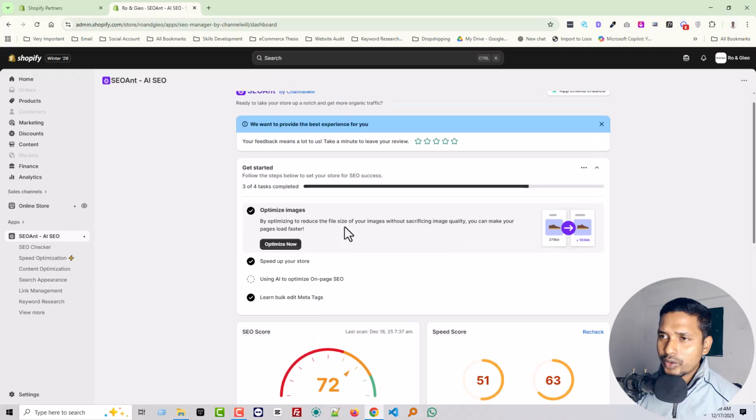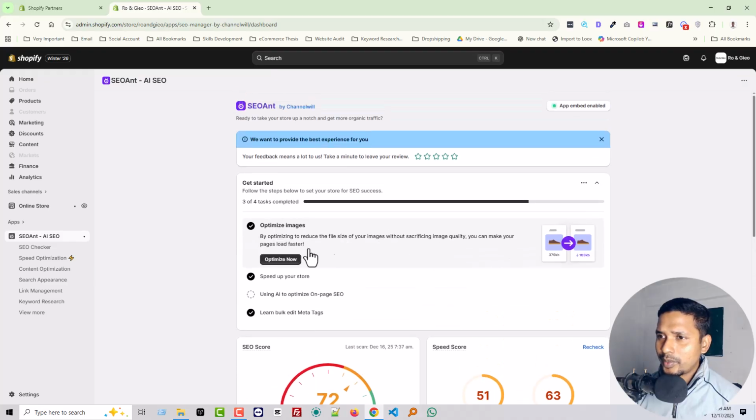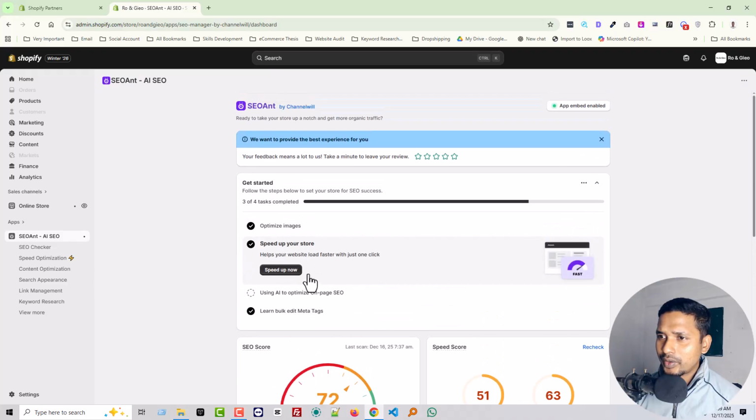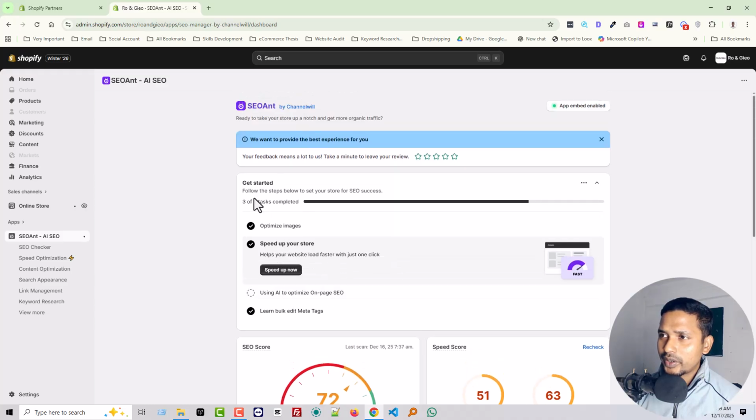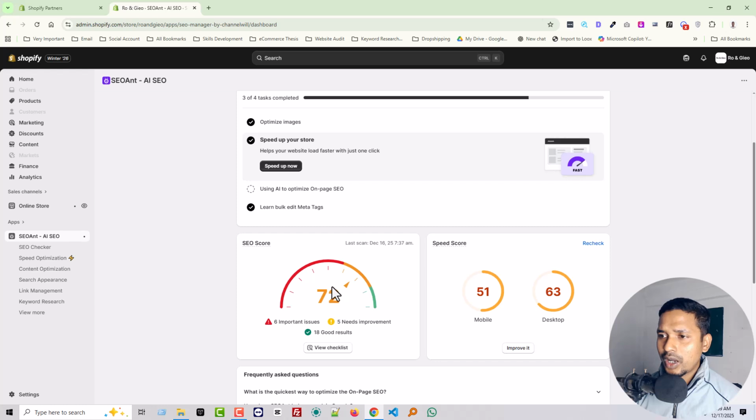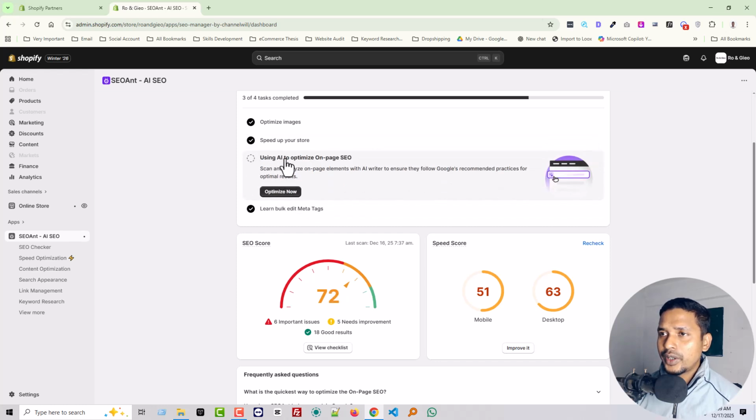So what we are going to do, optimize images. We have already optimized images, sped up, and used AI to optimize SEO. So which task is not completed? Using AI to optimize on-page SEO is not completed, so we are going to complete it. We have already completed 3 of 4 tasks you see here, and that's why our result improved. Right now I'm going to click on using AI to optimize on-page SEO. Click on Optimize Now,